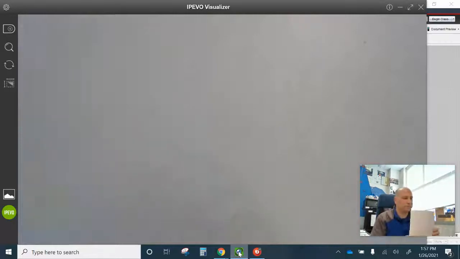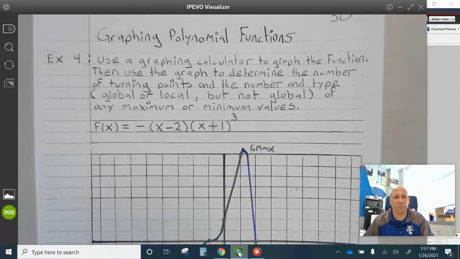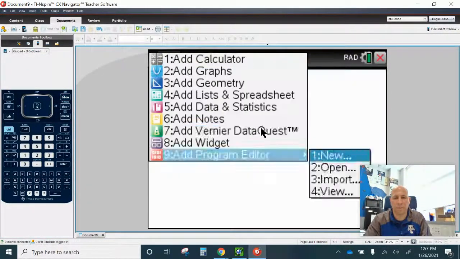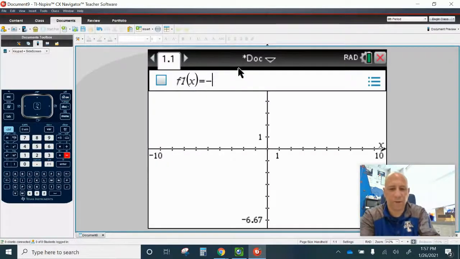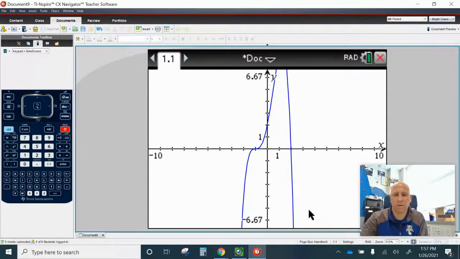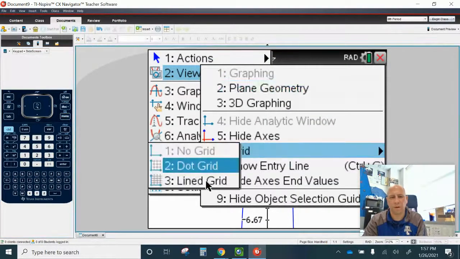All right, example 4. Use a graphing calculator to graph the function, then use the graph to determine the number of turning points and the number and type, global or local, of any maximum or minimum values. Okay, so let's go ahead and graph example 4. So I'm going to go to On, New Document, Add Graph, and then I'm going to do negative, parentheses, x minus 2, parentheses, x plus 1 cubed. All right, I'm going to click here, and then I'm going to go to Menu, View, Grid, Line Grid,